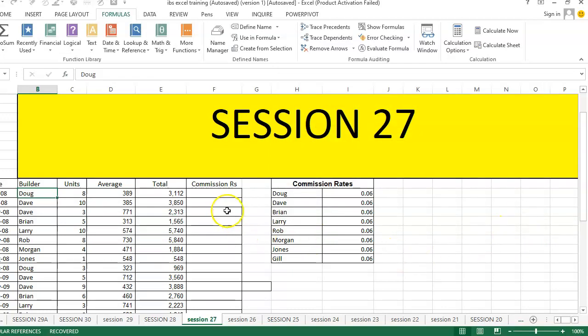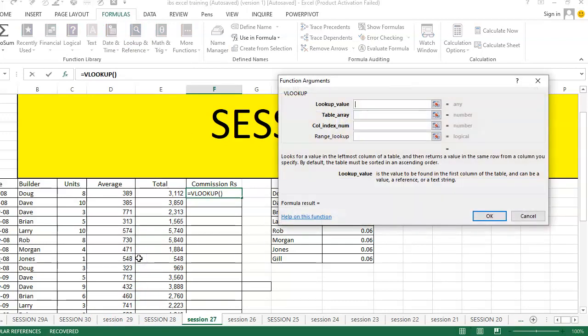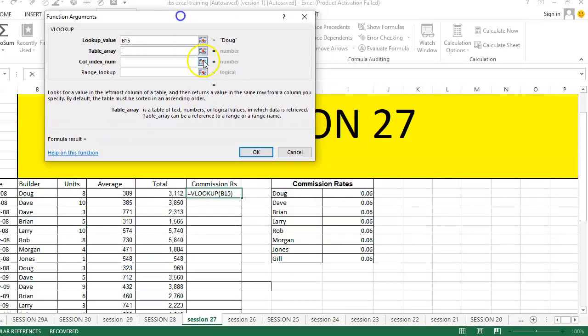Now dear students, I have to arrive at the commission. So I will place my cursor in column F and then select the VLOOKUP function. For lookup value, I need to click on Mr. Doug, because that is the data corresponding to which I have to retrieve the details. My table array will be my commission details. So I need to cover both the columns because I have to retrieve the data with respect to the name of the builder.